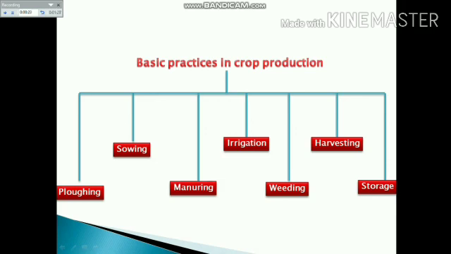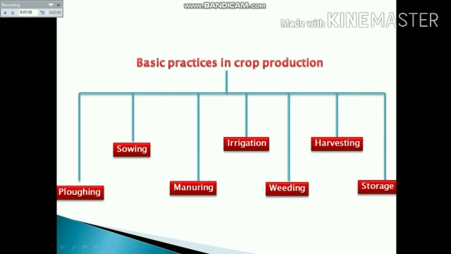The second step is sowing, that is putting the seeds into the field. Healthy seeds are chosen for putting the seeds into the soil for getting good crop. Right spacing and right depth between the seeds are the most important factors while putting the seeds along with the healthy seeds. There are different methods of sowing seeds, and seed drill is one of the best methods to put seeds into the soil.